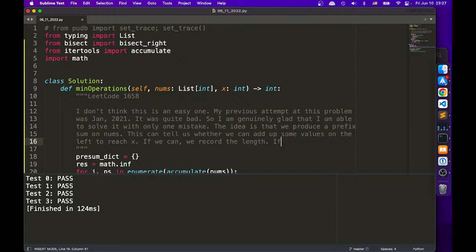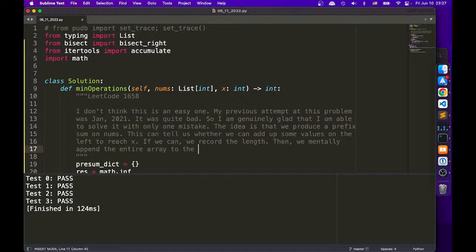Then we mentally append the entire array to the right, and keep doing the prefix sum, except this time we must go to the right. Now we start from the